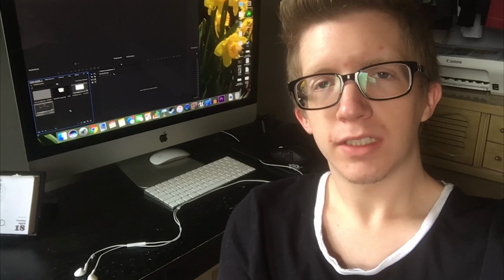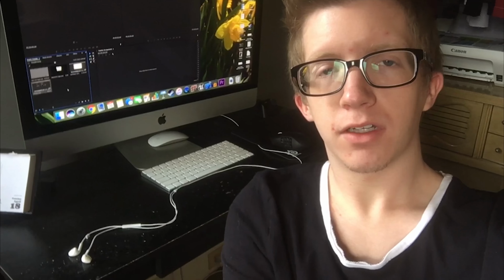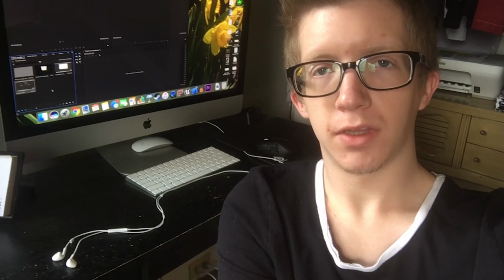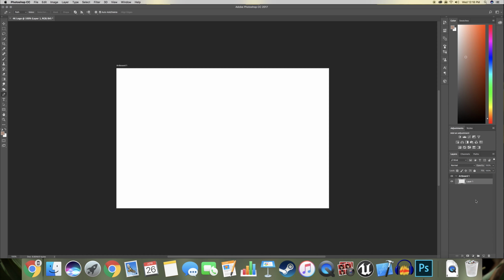For this tutorial, you'll need 3 things. 1, a working computer, 2, Photoshop CC, and 3, preferably it'd be nice to have a good graphics card so the operations run smoothly. So to start, we'll just want to open up Photoshop and open up any kind of